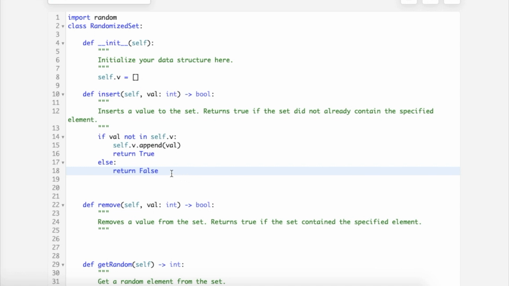As stated, we have written if value, that is this value, is not in the list, then we are appending it in the list and then returning true, else we are simply returning false.